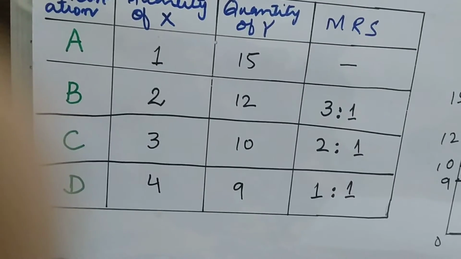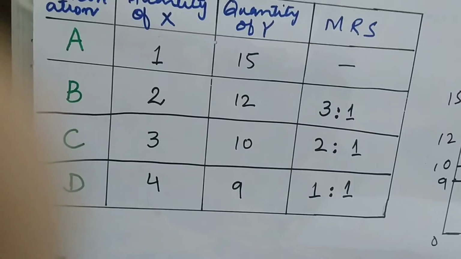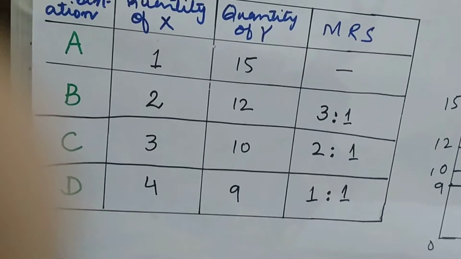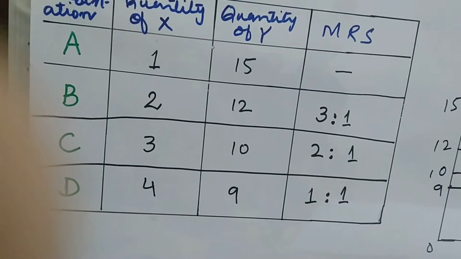And for combination D, to get an additional unit of commodity X, suppose apple, he has to sacrifice 1